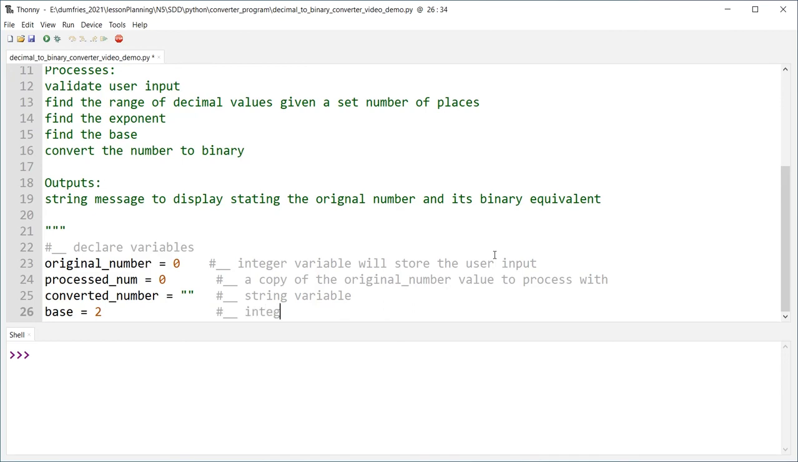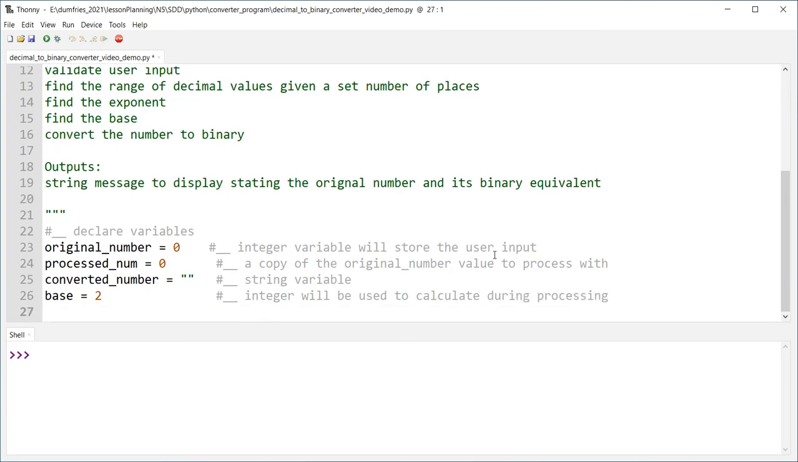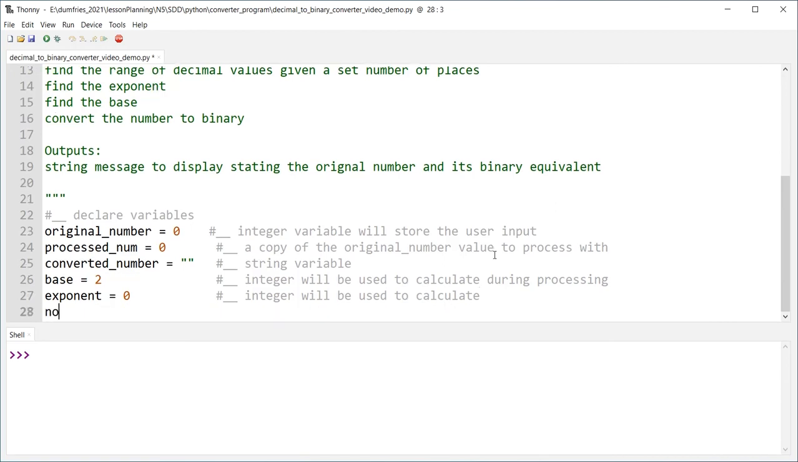So it's an integer and it will be used to calculate during processing. Alright, next what we're going to need, exponent. I want a variable called exponent, and that is going to be an integer because we'll use that in the calculations as well. So it's an integer and it will be used to calculate places, the number of places that you want to